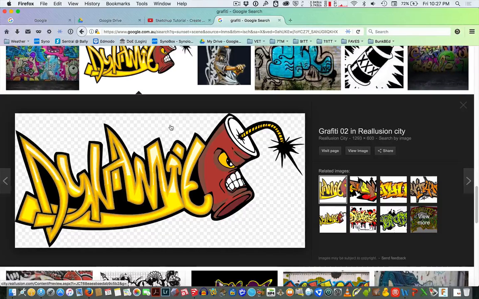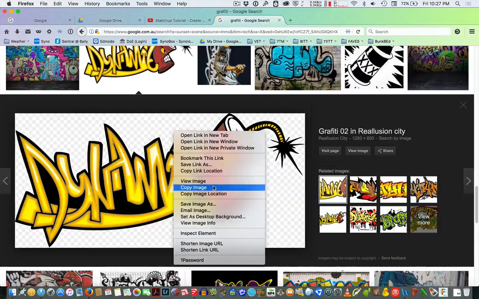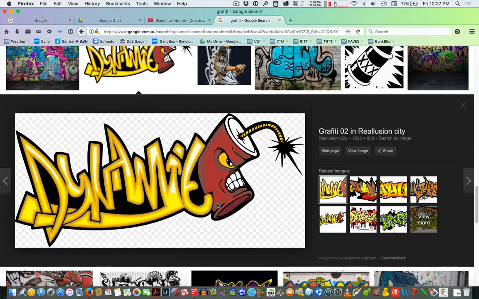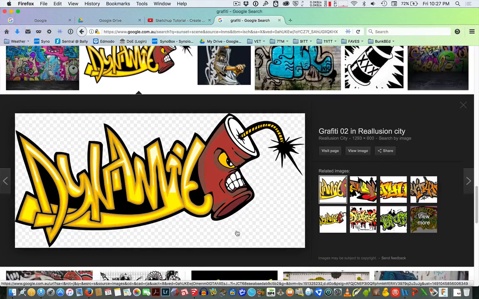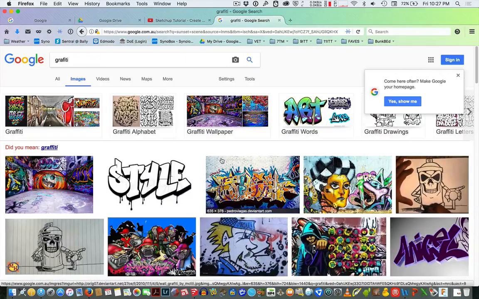It's pretty common, and a Png file means it's portable network graphic, and that simply means that the background is clear. So that when we save this picture, which I'm going to do, by right-clicking and going Save Image As, I'm going to save this image and call it Dynamite Transparency. So I'll save that one there,